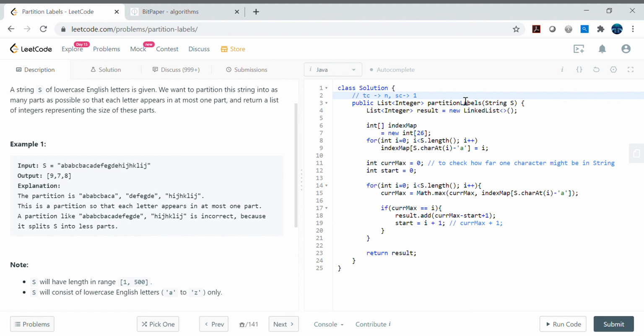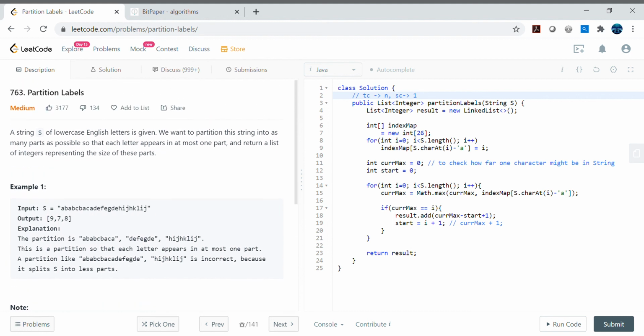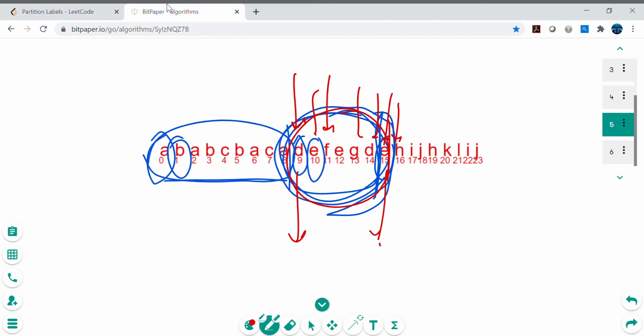If we are using a fixed size, then we are just using 26 characters, so it's definitely order of 1. It's not going to increase more than 26. But again, it's arguable in terms of the hash map as well, from a collection perspective. So I hope it makes sense.